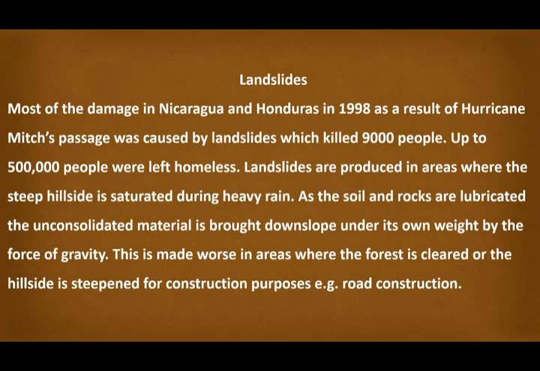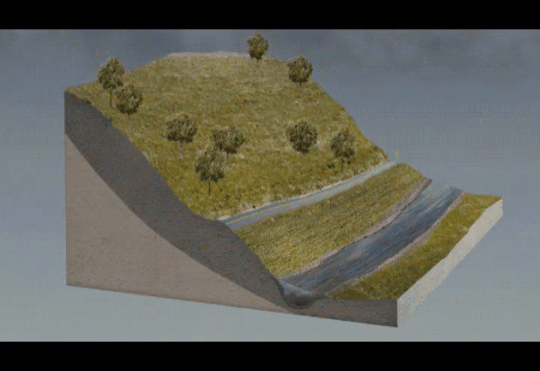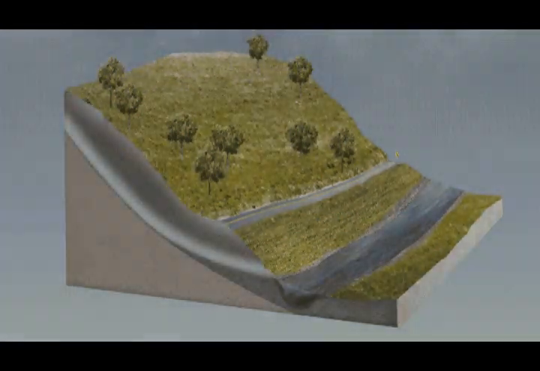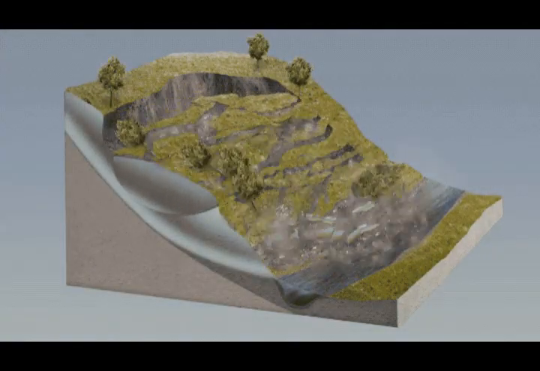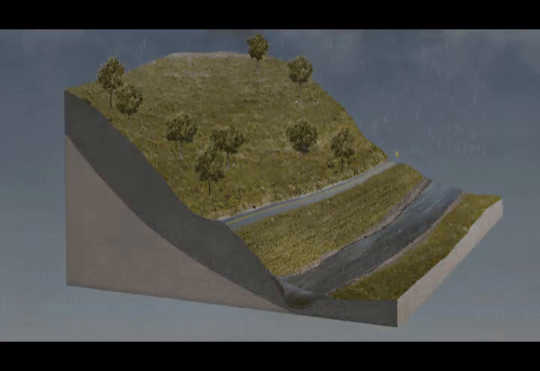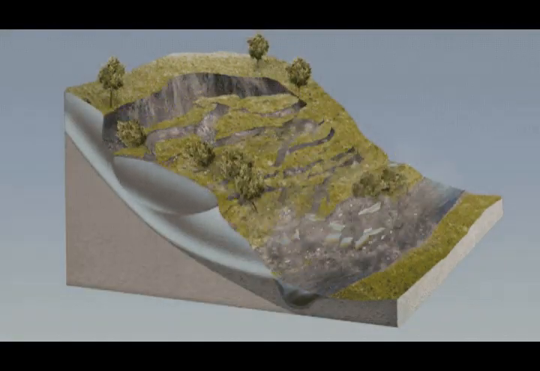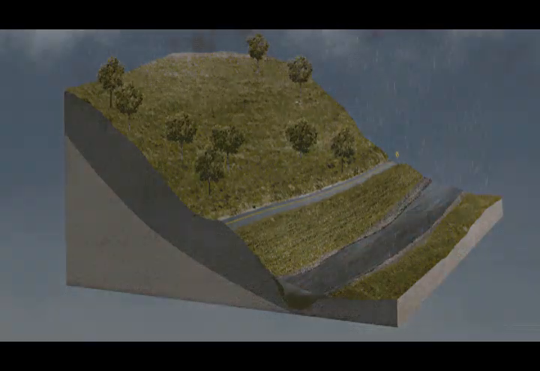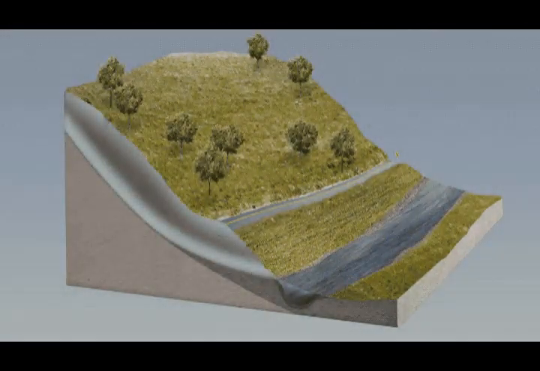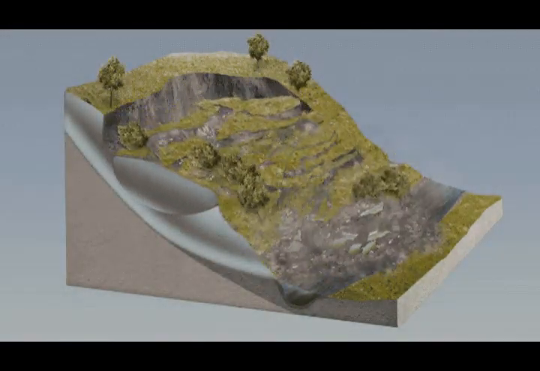So then you'll have landslides taking place as a result. All right.